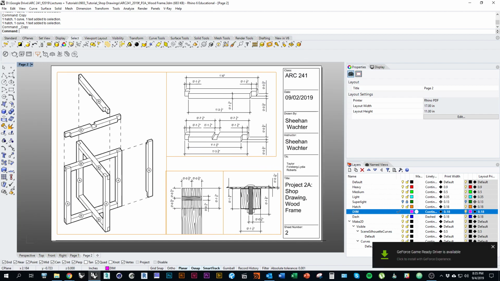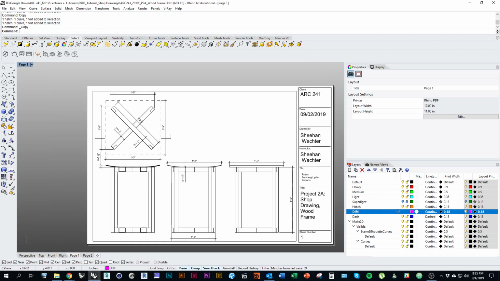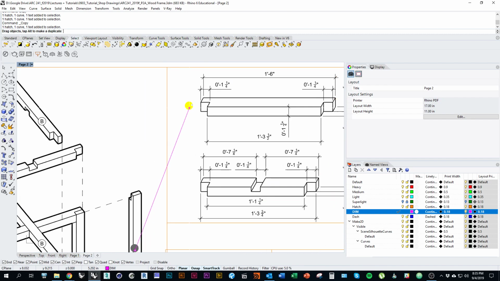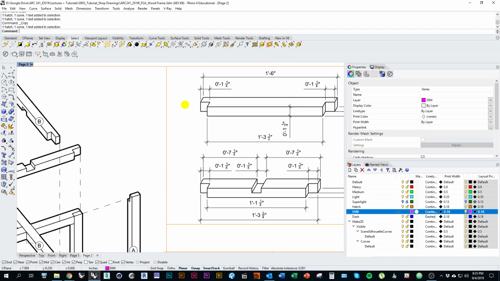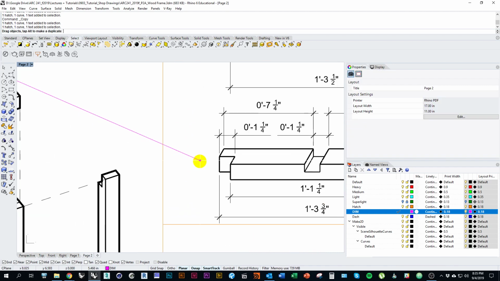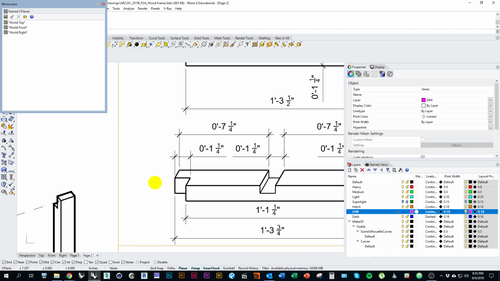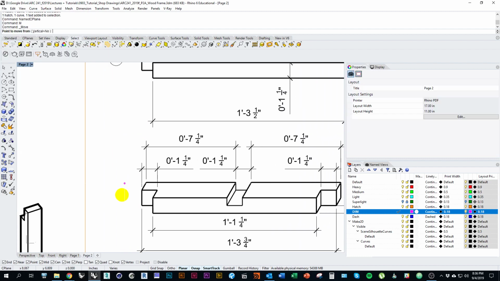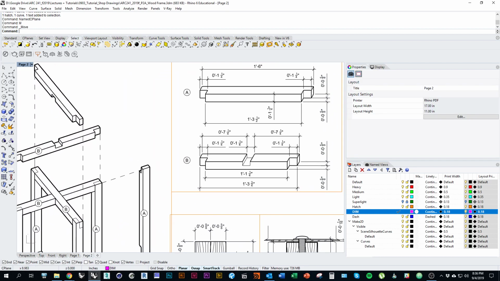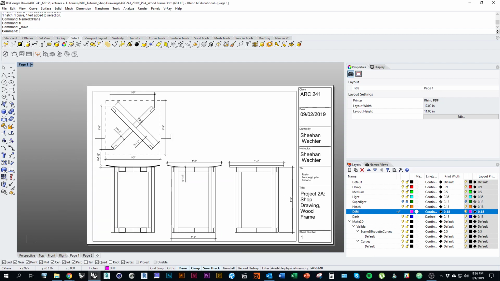Okay, so we have all of our drawings dimensioned. We have our tags set up. Oh, I should also make sure over here that I'm calling this out, right? I want to make sure that this is relating to that. Again, I want to line things up as often as possible. Okay. Last thing I got to do is